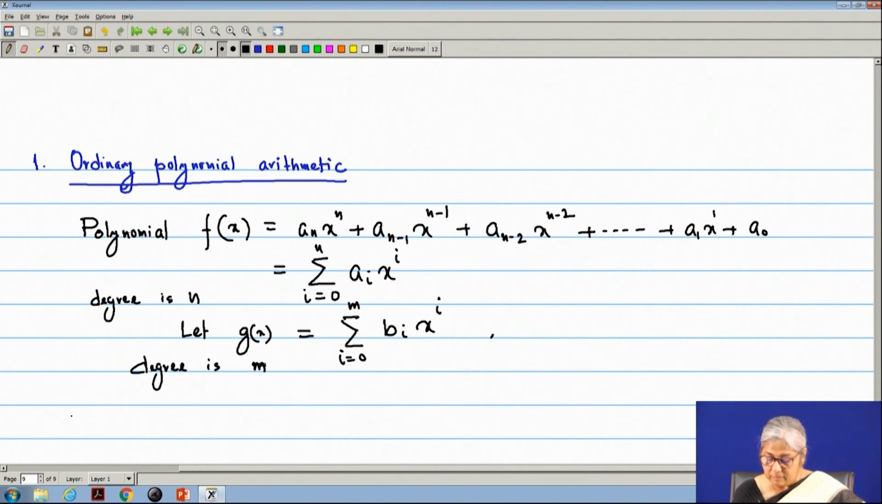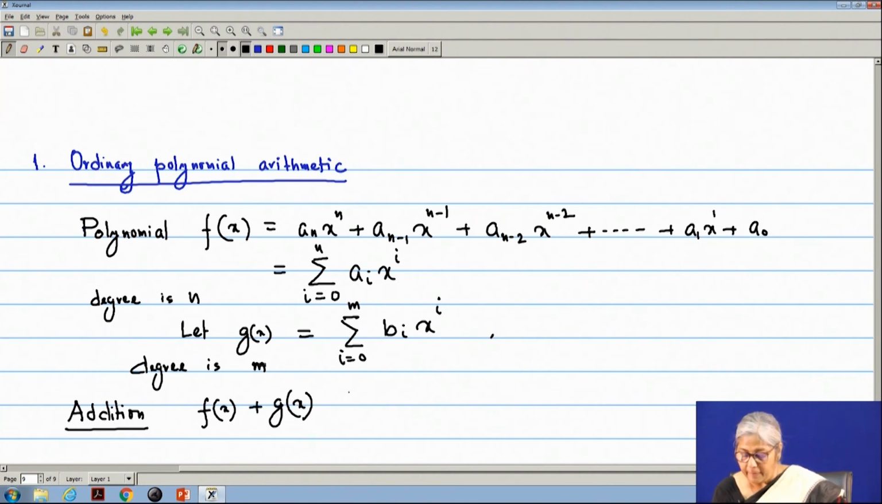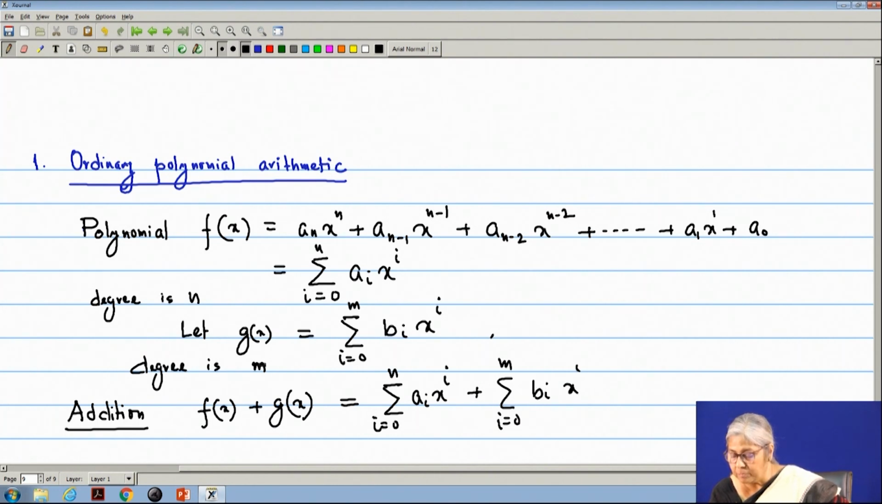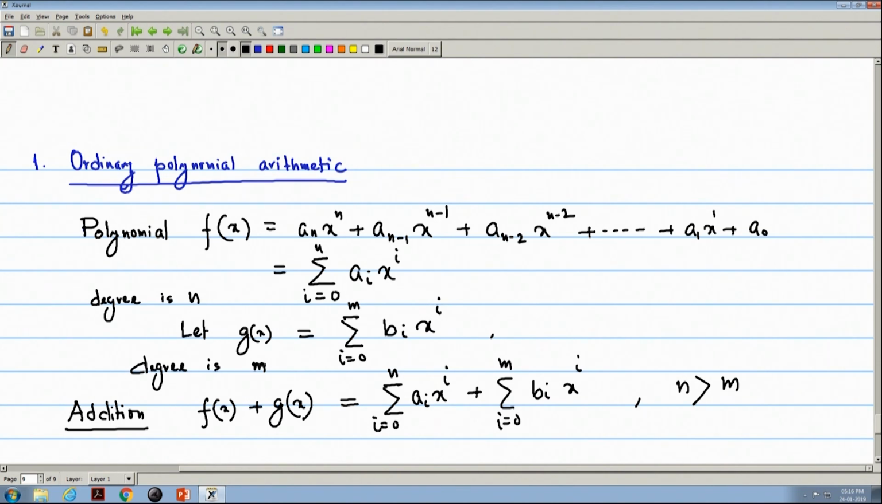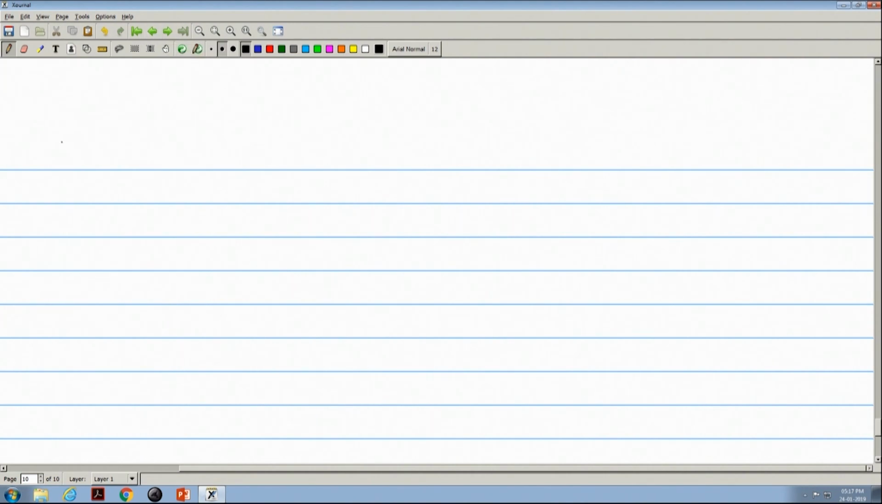Now, if I take the addition of f(x) and g(x), that means my addition will be f(x) plus g(x), and here the sum from i equal to 0 to n of a_i x to the power i, plus the sum from i equal to 0 to m of b_i x to the power i. Let's say we have considered n greater than m, that means the degree of f(x) is greater than the degree of g(x). So there will be some more terms, from m plus 1 to n, that will be here. So, the sum will be